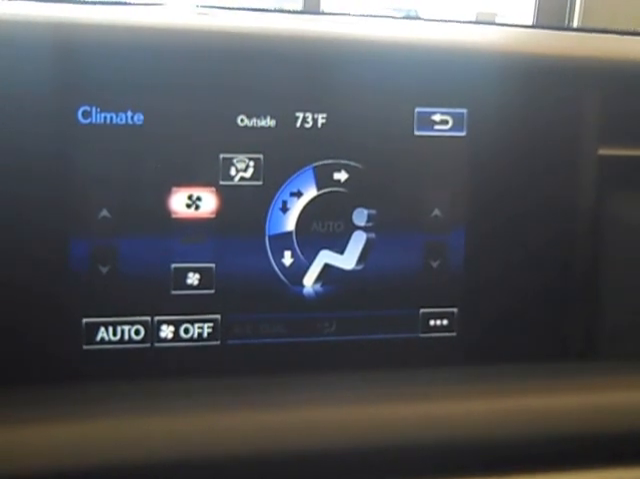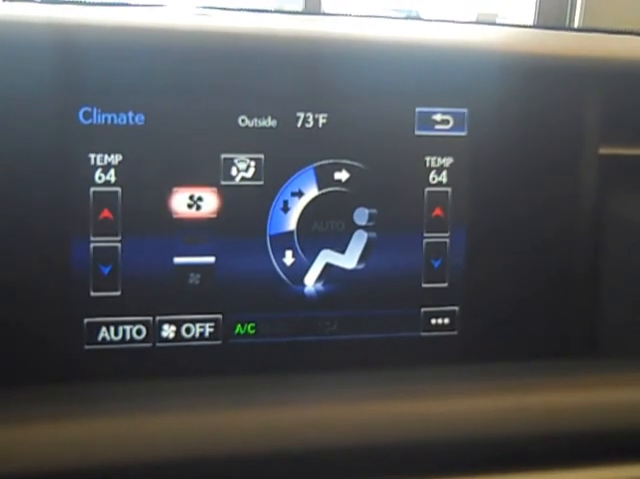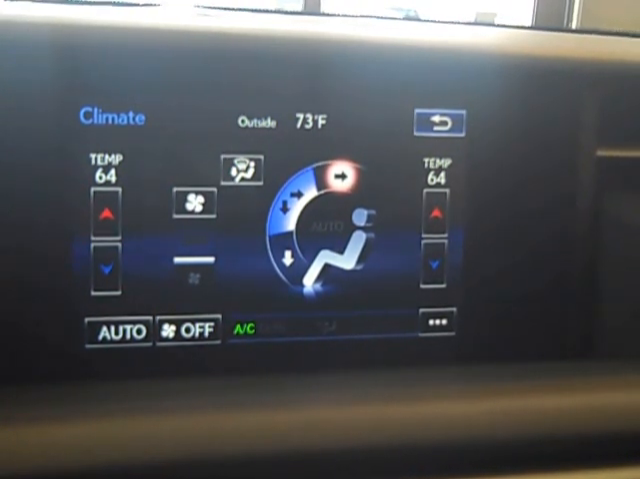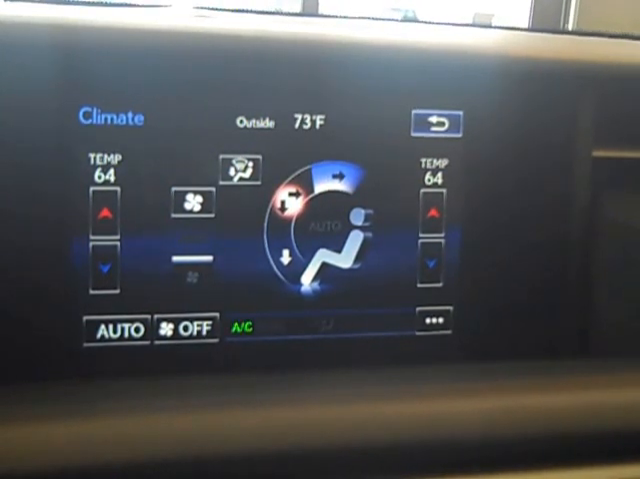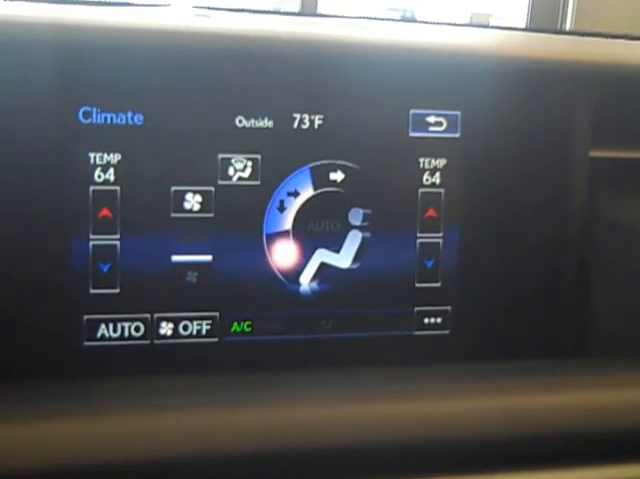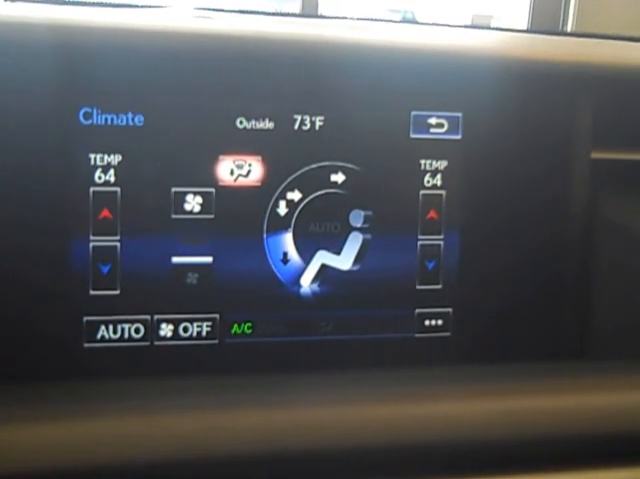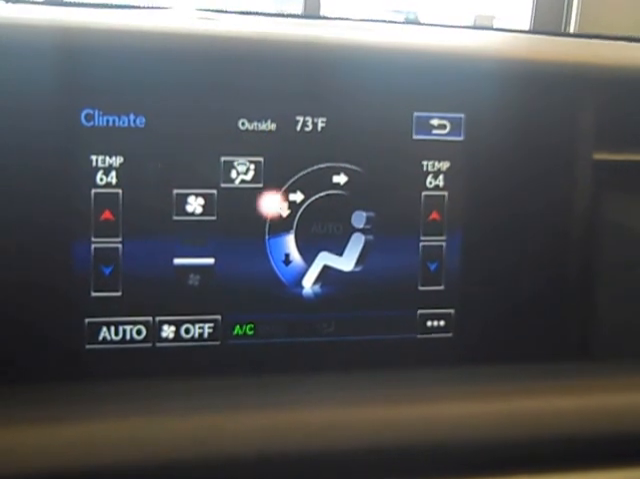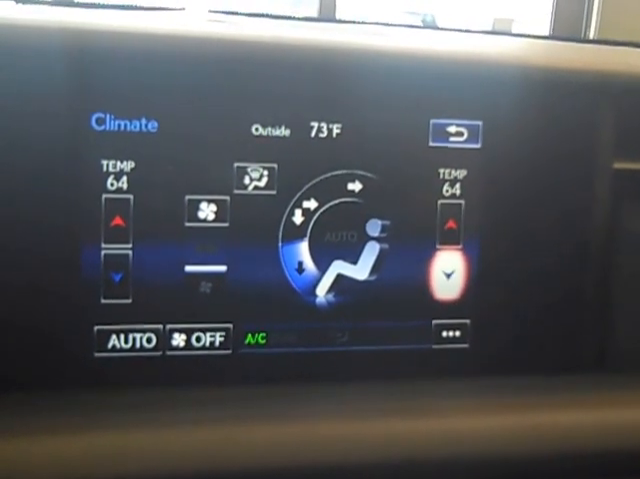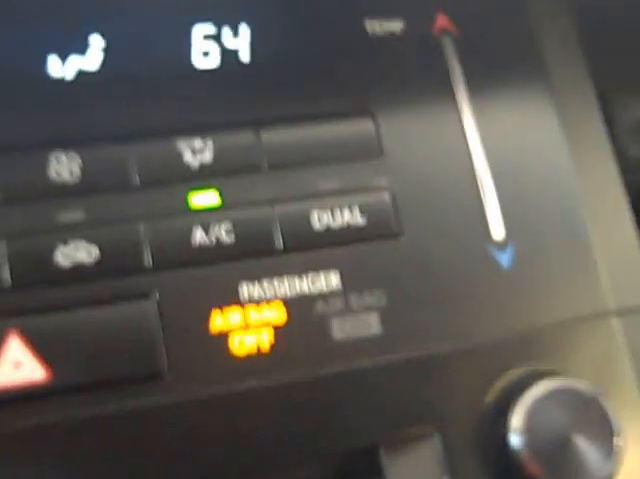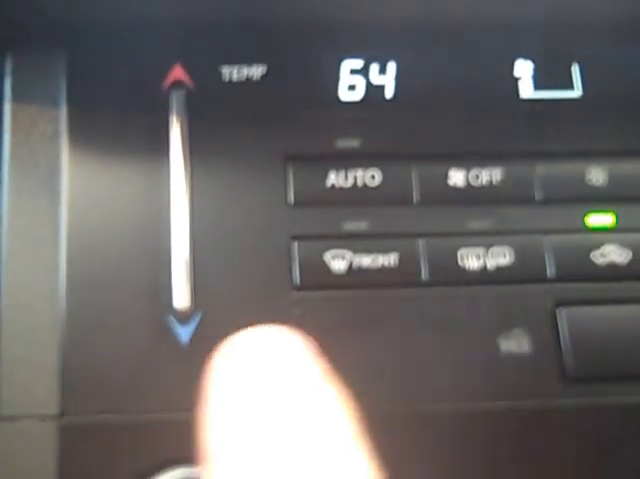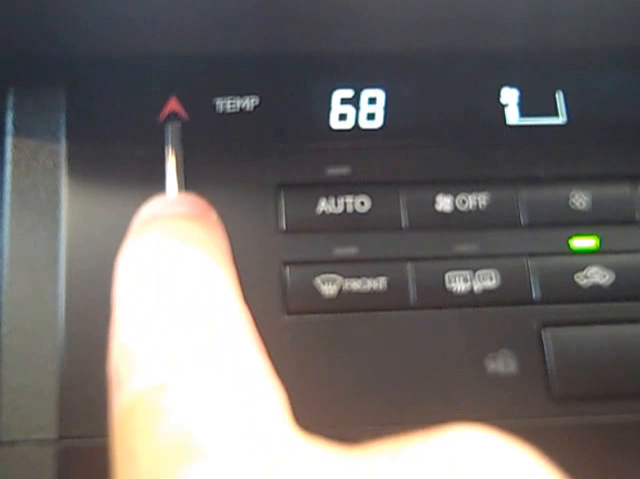The only way to turn your climate on is to hit the top fan button. Maybe I want the fan to blow towards my face rather than just my feet as well. Face or feet, and feet. Or feet and front defrost. Both the driver and passenger have their own climate, and that can be changed right down here by using this new sliding feature,